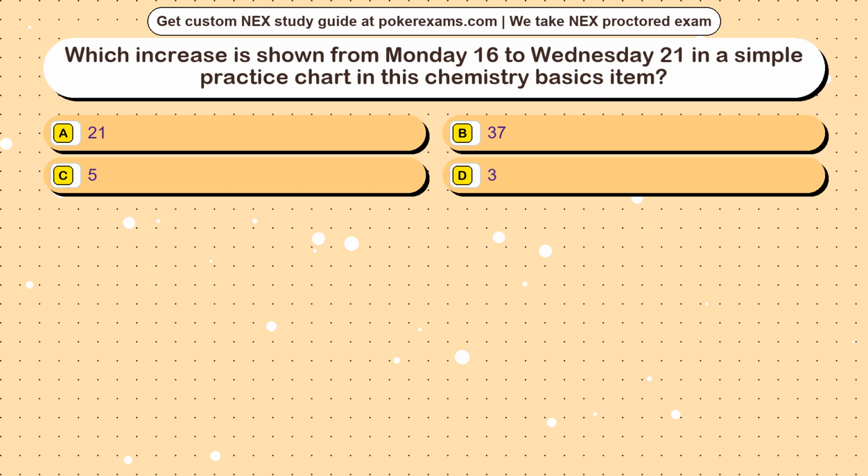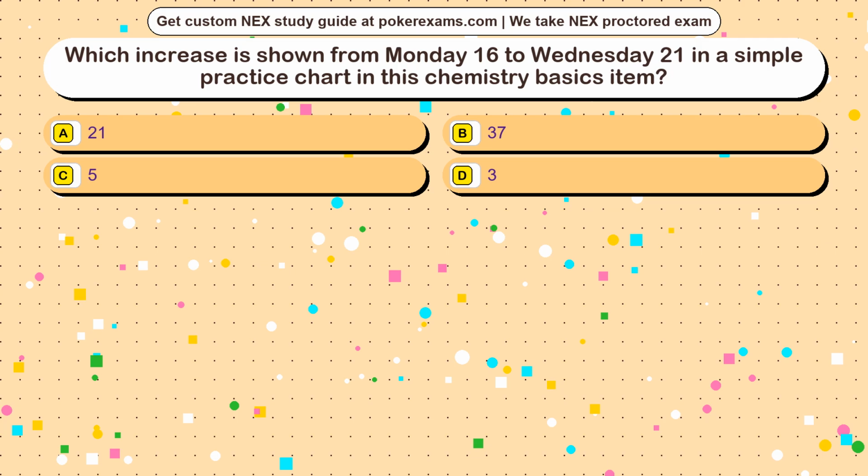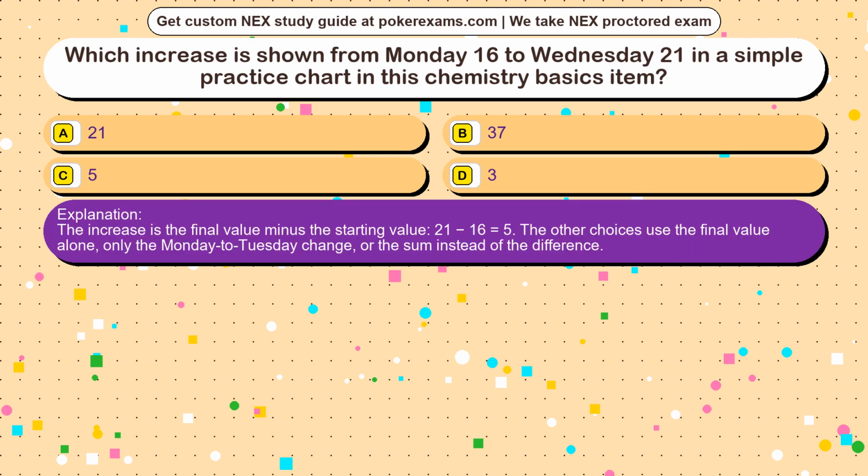Question 1. Which increase is shown from Monday 16 to Wednesday 21 in a simple practice chart in this chemistry basics item? Option A 21, Option B 37, Option C 5, Option D 3. The correct answer is option. The increase is the final value minus the starting value, 21 minus 16 equals 5. The other choices use the final value alone, only the Monday to Tuesday change, or the sum instead of the